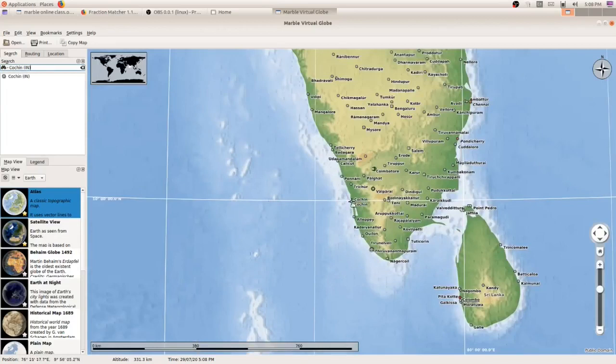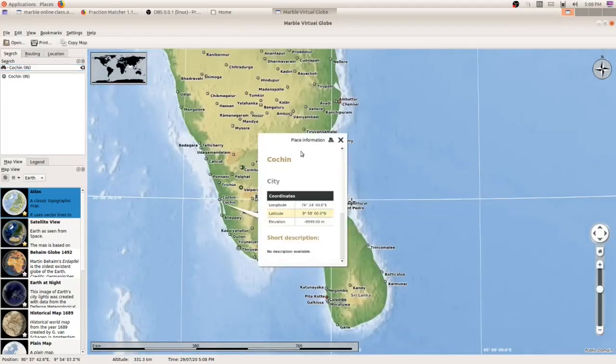Left click on that cross mark in Cochin. Then a white color window will appear. Inside this you can see the longitude and latitude values. Don't bother about these values.